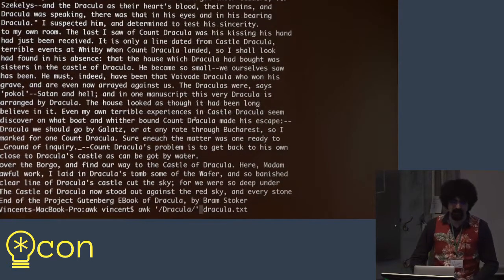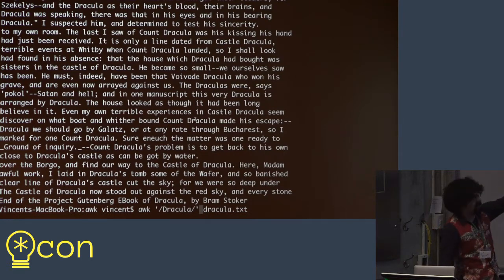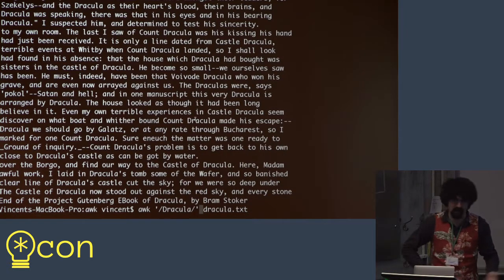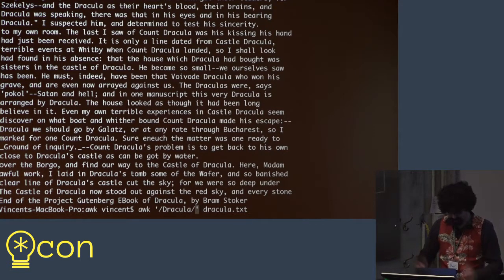And we can even see that this is going to be inflated slightly, because at the very end we have Project Gutenberg, Book of Dracula. That wasn't in the original story. It's just saying where this text file came from, but yeah, whatever, who cares? So let me check my notes to make sure I actually write the correct program.